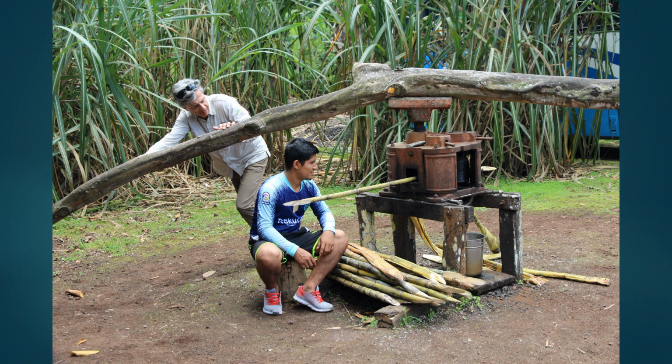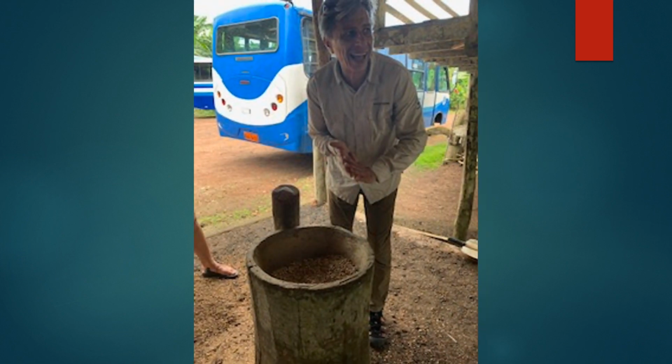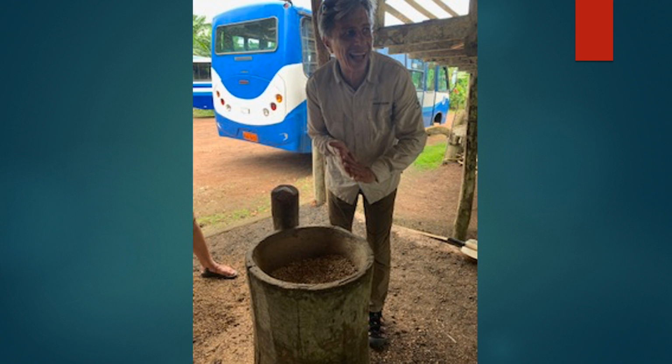Now we visited a farm in the highlands where they grind sugar cane and make it into moonshine. Here is Salvador, one of our favorite guides, showing how the sugar cane is pressed to get the liquid out of it. Here is Salvador showing us how they roast and then grind the coffee beans. This farm, in addition to making moonshine and coffee, made delicious